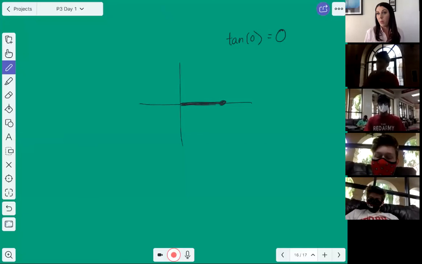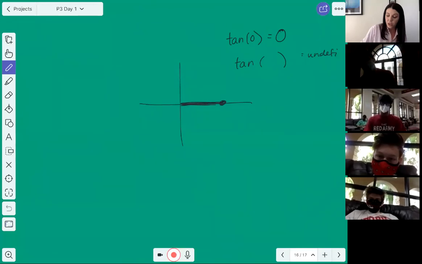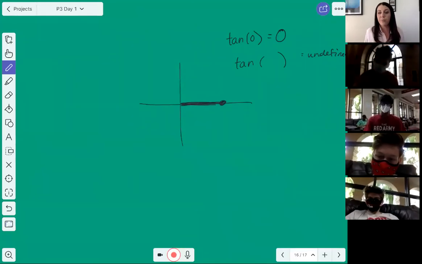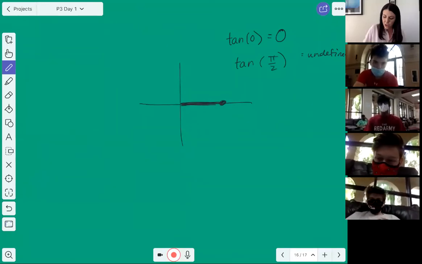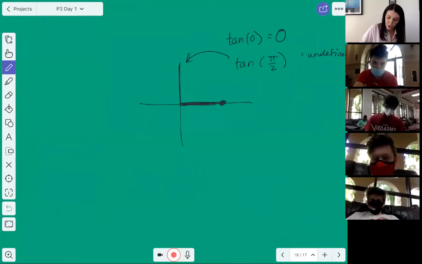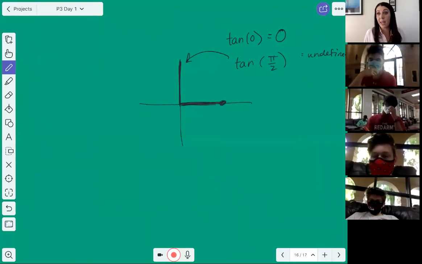Can someone tell me where they think I would have a tangent that's undefined? So tangent of something would give me an undefined value. Actually, there's 2 places. 90 and 270? Or pi over 2 and 3 pi over 2. Exactly, right? So if I'm up here at tangent of pi over 2, I get a vertical line. The slope of that is going to be undefined,